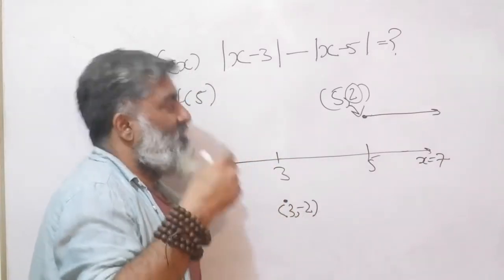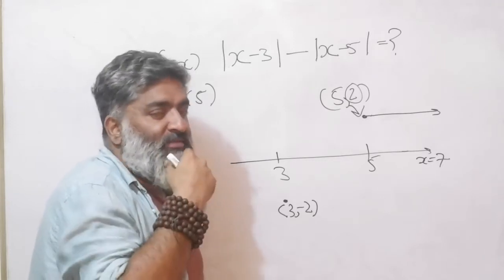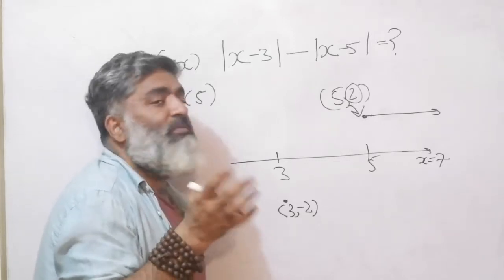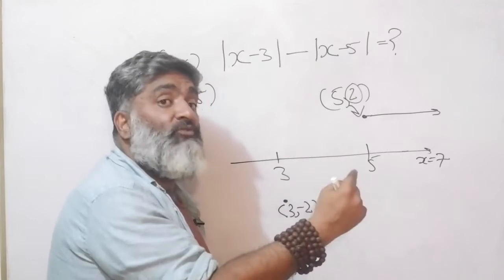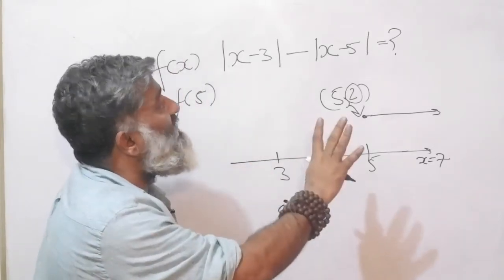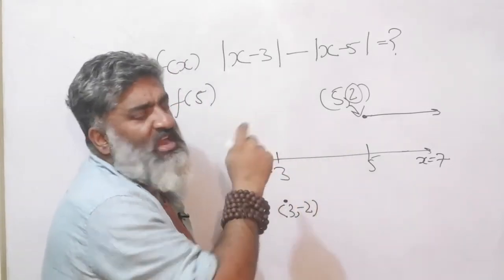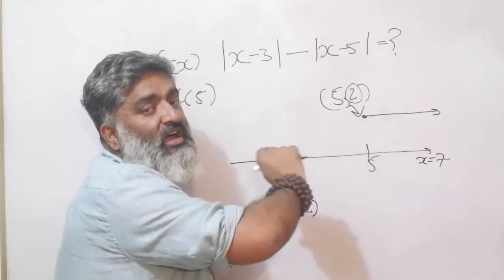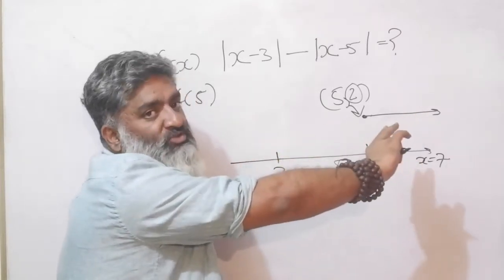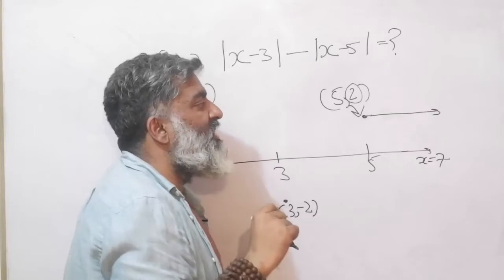I'm sure some of you may know the logic or may be able to guess, but most of you may not know. But I'm saying, okay, this is what is going to happen. I haven't solved anything. I just looked at the expression and I know this is what the future of the function is going to be, right? How do I know that? I'll come to it in a second, right?